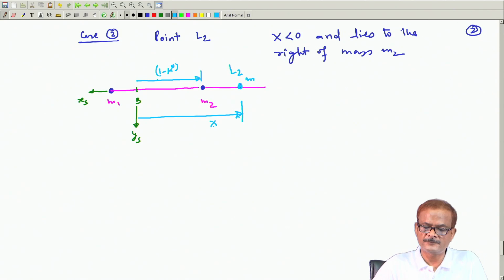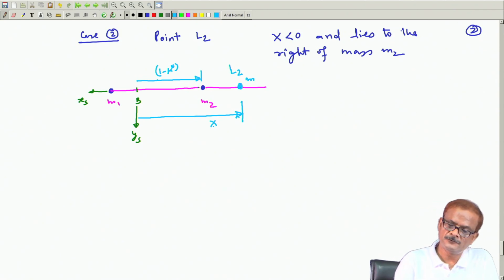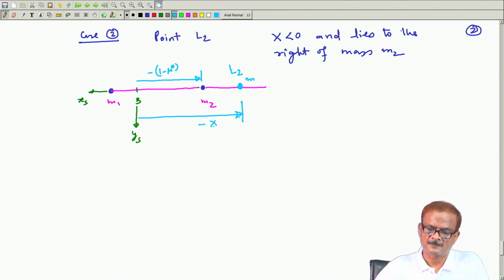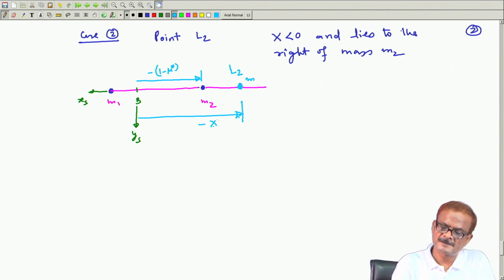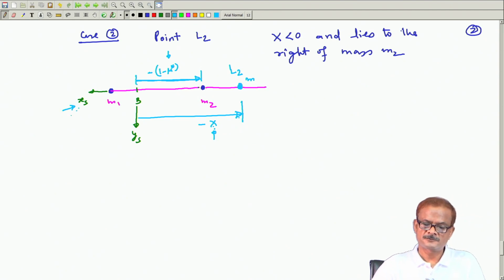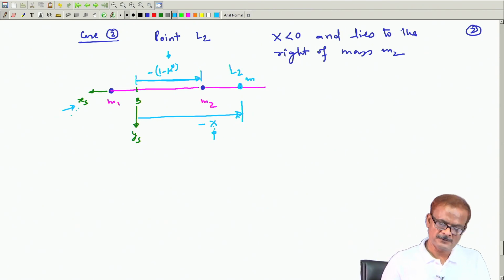Now, because we are solving for the values, instead of writing it here, because this is the negative direction, I will insert a negative sign in this place. So, this indicates that x we are taking as positive, 1 minus mu we are taking as positive, and this minus sign implies that we are going opposite to the x direction. This way, once we get the equation, we can solve it, and that will give us the proper value of x.